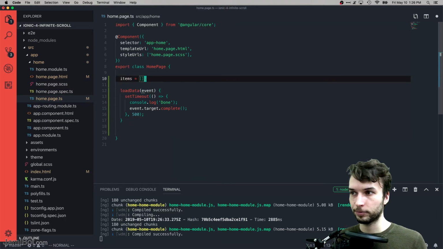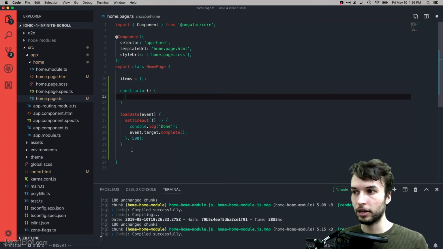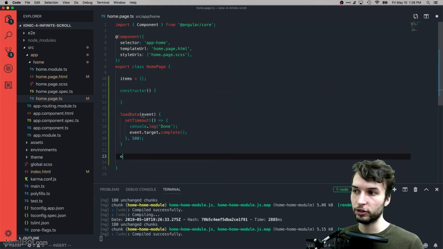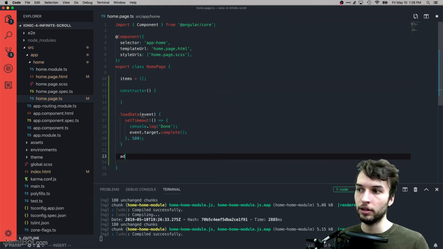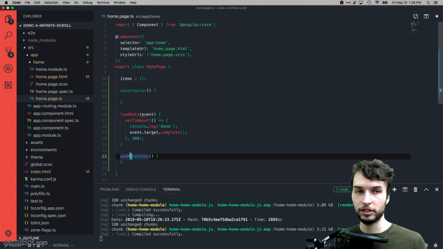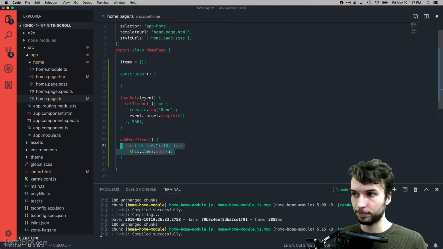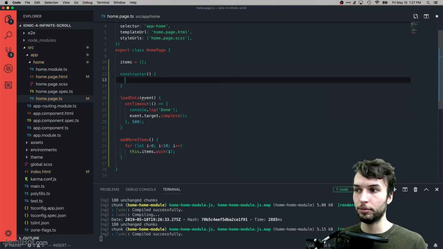And then in the constructor, I'm going to load up some items. I'll make a function for it actually, add more items, because we're going to want to call this function every time the user reaches the bottom of the page so we can load more items. So we're just basically going to push the numbers 0 through 9 onto this list. And we're going to call add more items